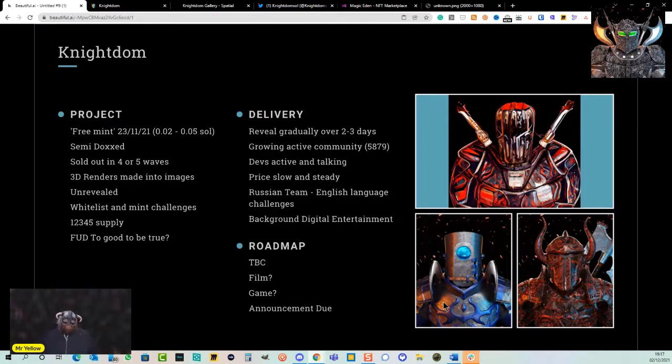They are, I'd say, semi-doxed as a project. There's some people, and I'll show you the website in a second. The mint was about 4 or 5 waves of roughly 2,500 items each. There was the whitelist first, and then subsequent waves where anybody could get in, and that's where I got in. Hands up here, I bought probably about 15 in wave 2 and wave 3,